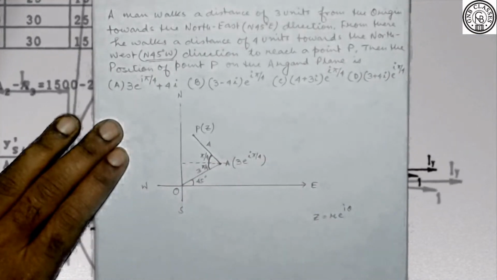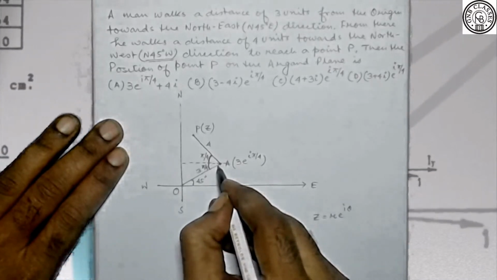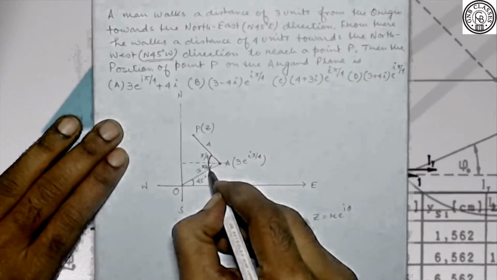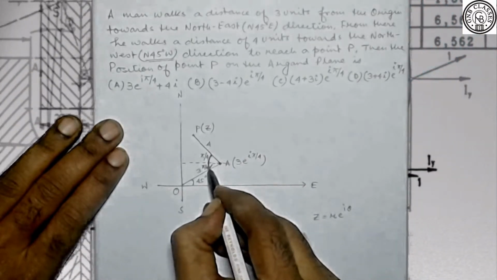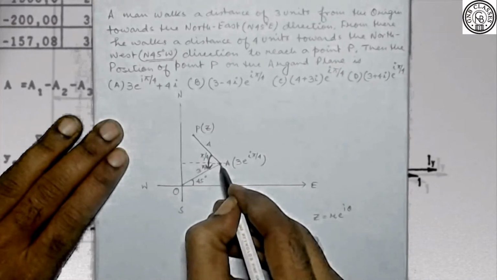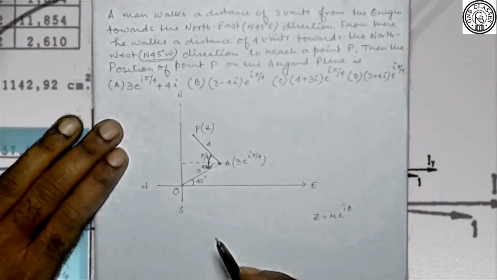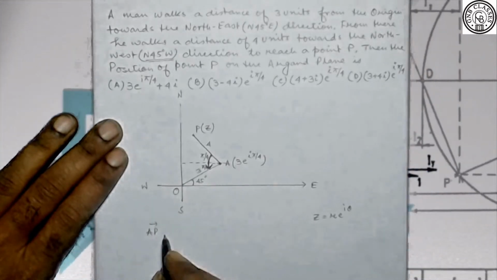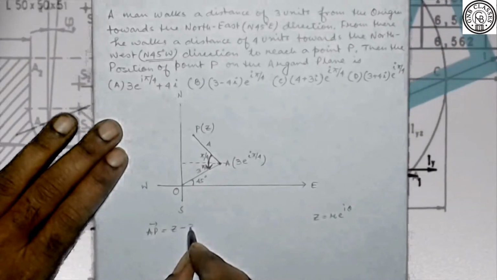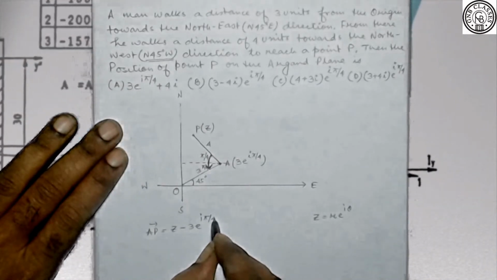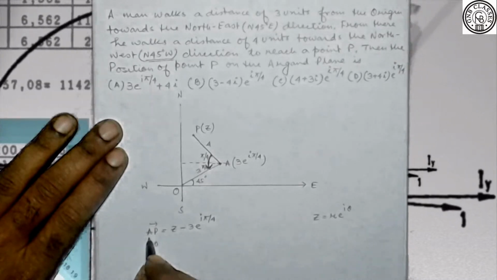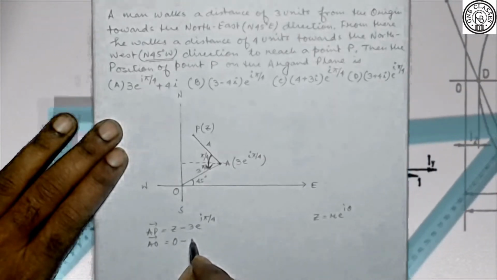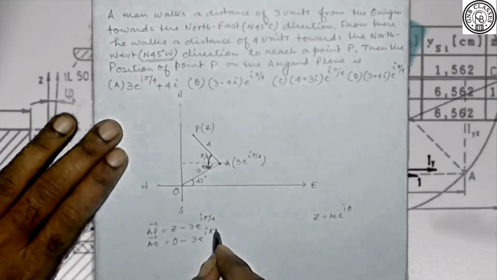Okay. So now let us apply Cony's method at the point A. Look at it carefully. This angle is 90 degree if it is measured in anti-clockwise direction. So the arrow will be headed towards the vector OA. So now we can say, what is our AP vector? It is z minus 3 e to the power iota pi by 4. And what is our AO vector? This is position vector of O minus position vector of A, that is minus 3 e to the power iota pi by 4. Is it clear?